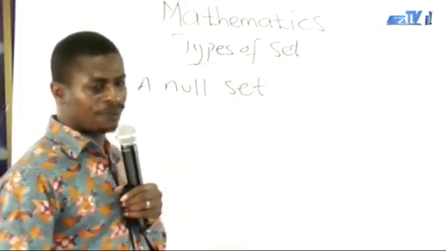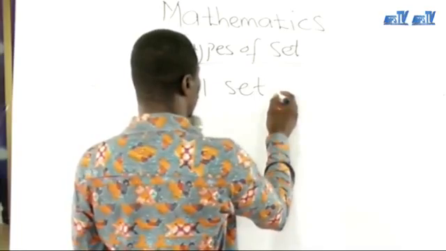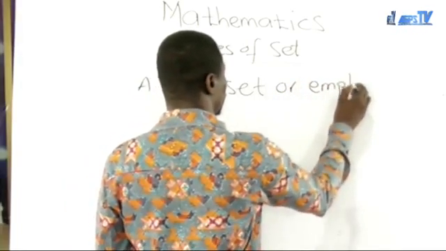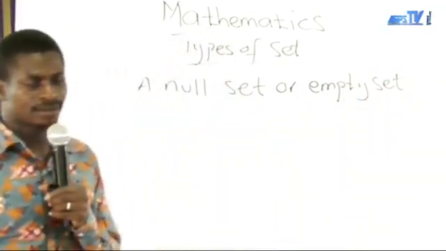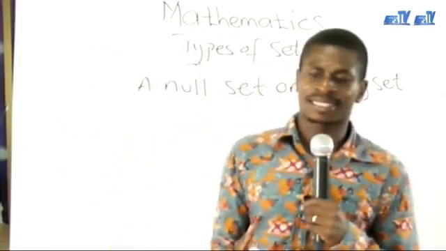Another name for a null set is an empty set. So we have a null set or empty set. Now, as the name implies, when we say something is empty,